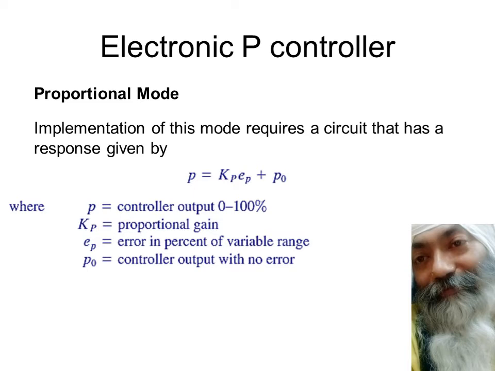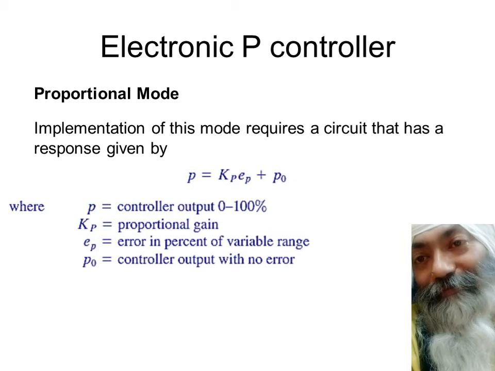As you see, this particular equation makes use of one multiplication over here and one sum over here. Multiplication means gain, as you all know, proportional gain. Any op amp with a feedback resistance will give you the gain, and the same op amp, if used in summing mode, realizing this equation is something very easy. As such, just one op amp, maybe two op amps in case it has to be inverted back to non-inverting mode, is going to do the trick.